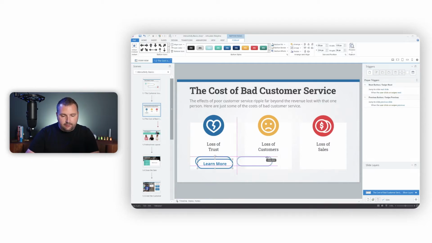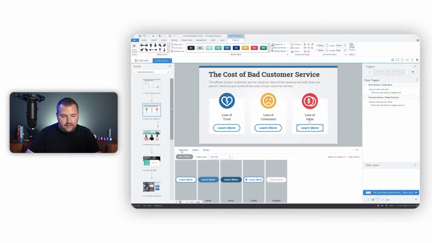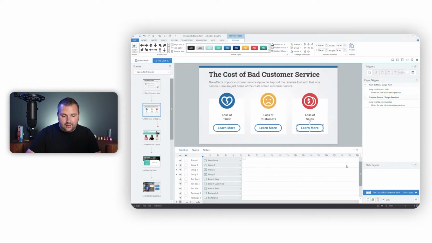The great thing about copying and pasting buttons is you create one and then copy and paste it so that you don't have to recreate all those states and then they all look the same. And while we're at it, before we even get into slide layers, I should rename these buttons. This is going to be helpful for us when we create our triggers in a moment to make this interaction work. So if I open up my timeline panel here,